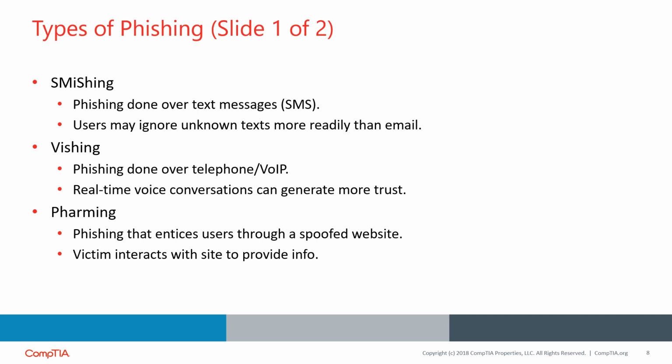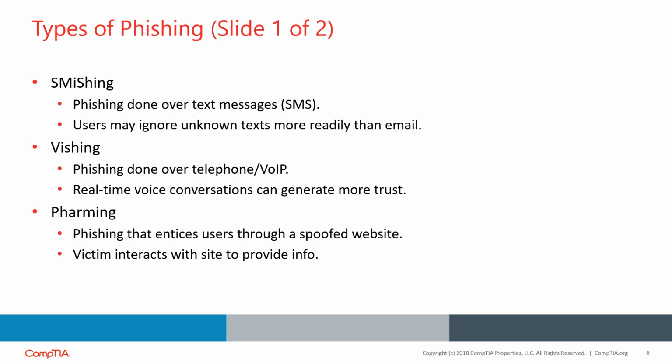Then we have vishing, also known as voice phishing. This is a phishing attack in which an attacker entices their victim through a traditional telephone system or VoIP. While speaking to someone directly in order to entice them may be difficult for an attacker to pull off, it can also be more effective, as people tend to place more trust in those that they can have a